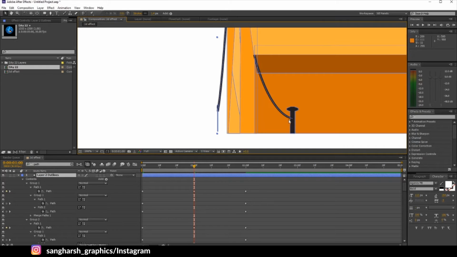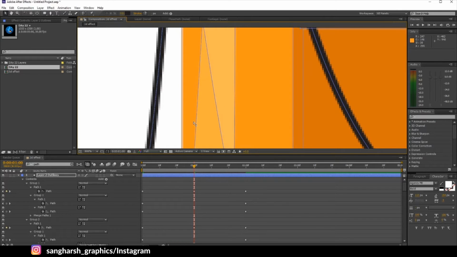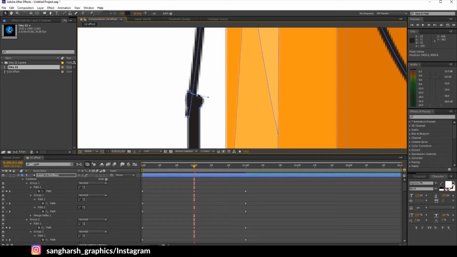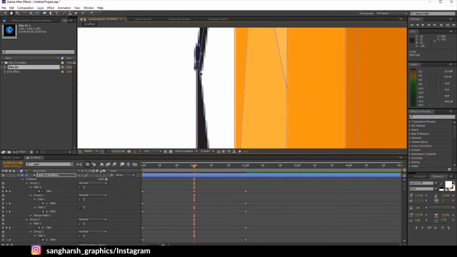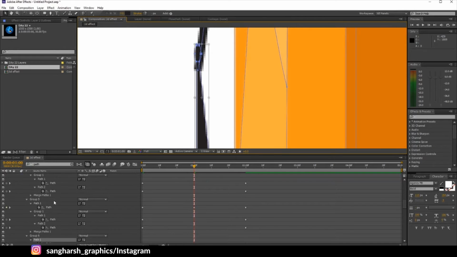Here it gets something worse. It seems like this. So I'm going to fix this. You can fix it manually by adjusting one point, or you can do it manually by selecting the whole path. Okay, let's zoom a little bit more. Okay, we will do it directly by the transformation tool. Just double click on it to select the whole path.